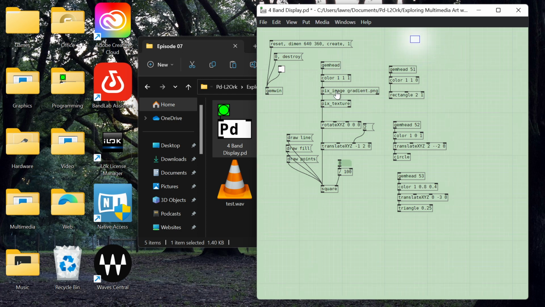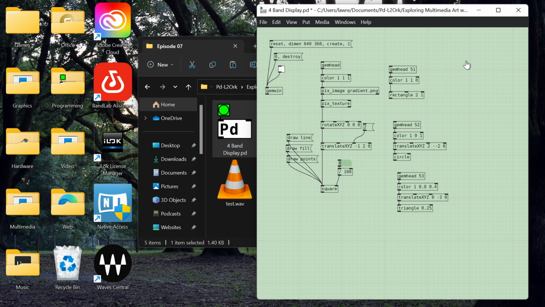If the Gem objects that we make are not showing up for you, like they have this red dotted outline that they're not working, you do need to put in a declare -lib gem object. And then that will make sure the Gem libraries are loaded. Now, I have them loaded through the startup, so I don't really need this. I'll delete it, but you need to keep it if you have not successfully put Gem in your startup routine